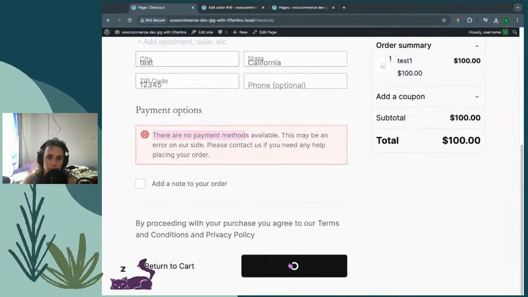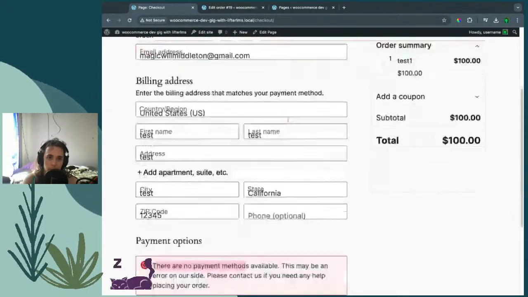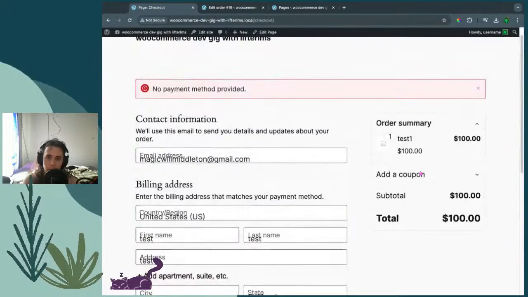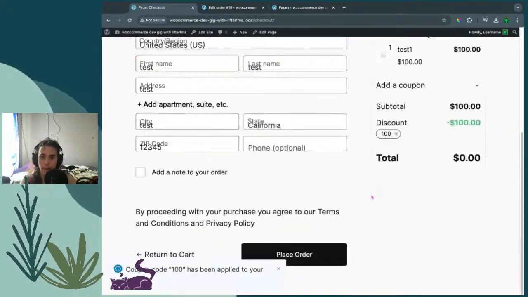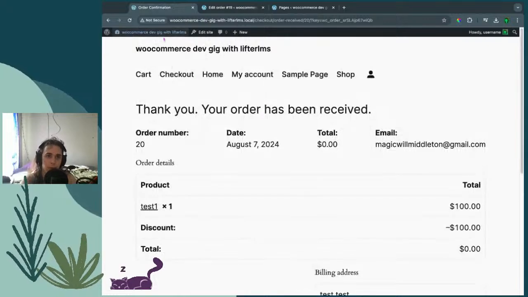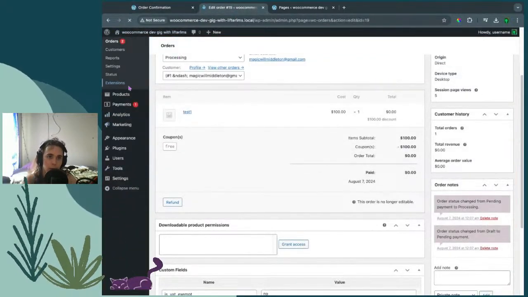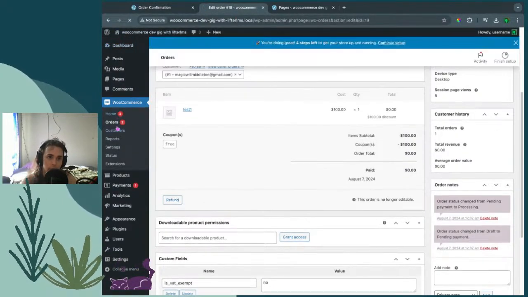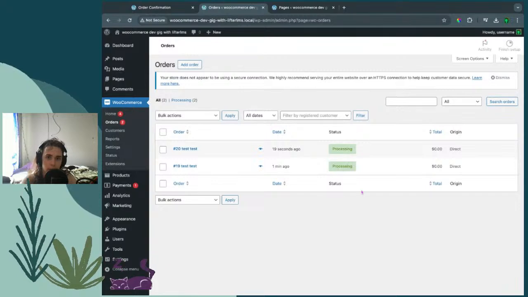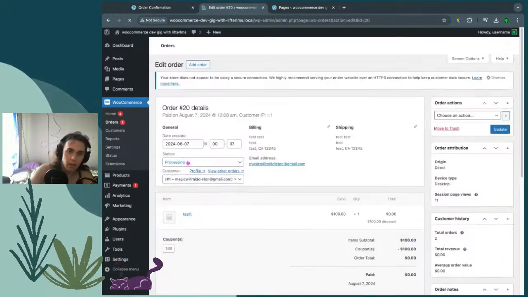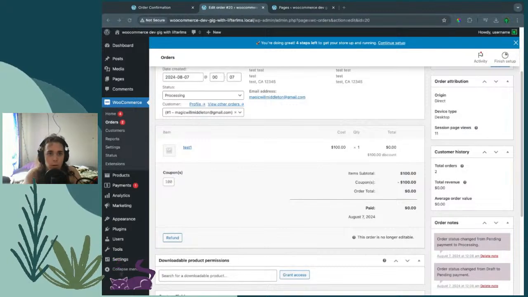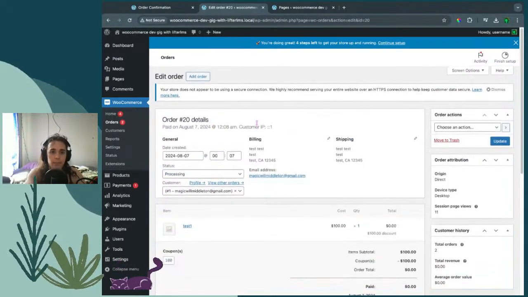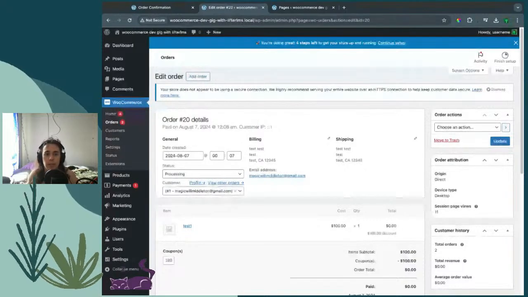There's no payment methods available. Oh, but I have a coupon. Isn't my coupon 100? Yeah, I don't need payment methods. I'm getting all caught up. Okay, so I have one order using the 100 coupon and one order using the free coupon. So this is good. The next thing I need to do is